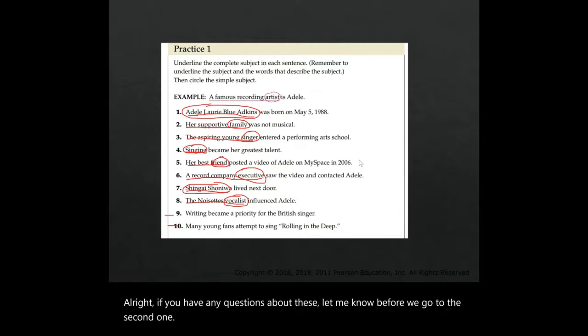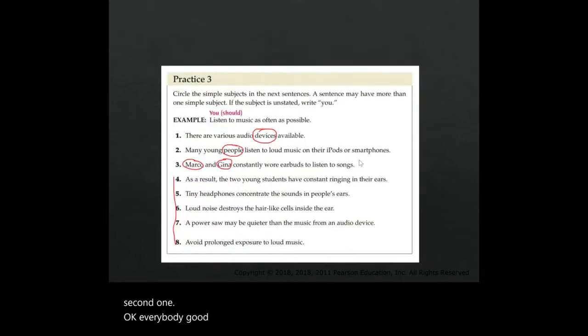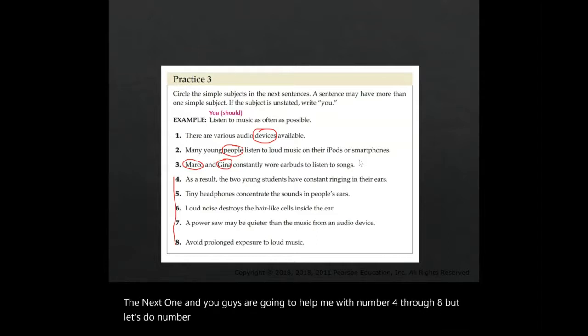No. Okay, everybody good. All right. So let's go to the next one and to help me with number 4 through 8. But let's do number 1, 2, and 3 first. So this time we are only circling the simple subjects. We're circling the simple subjects. So number 1, we circle